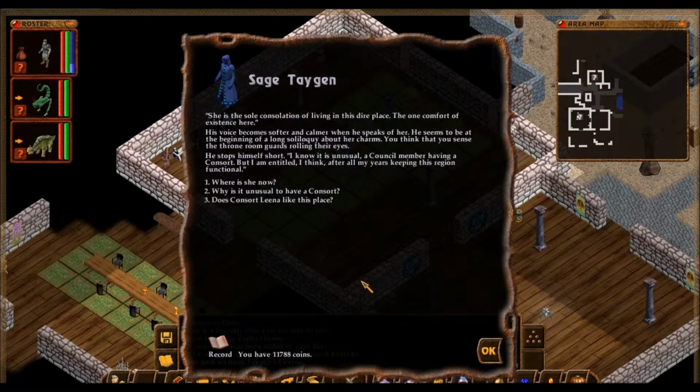He stops himself short. I know it is unusual, a council member having a consort, but I am entitled, I think, after all my years keeping this region functional. I see. Wait, it's unusual for a council...